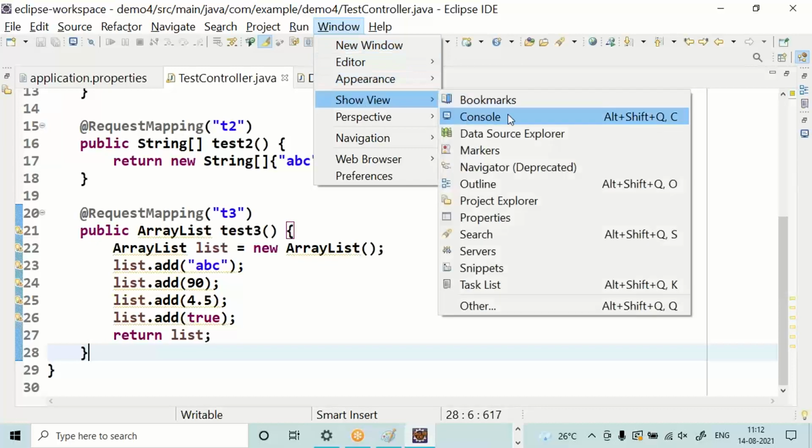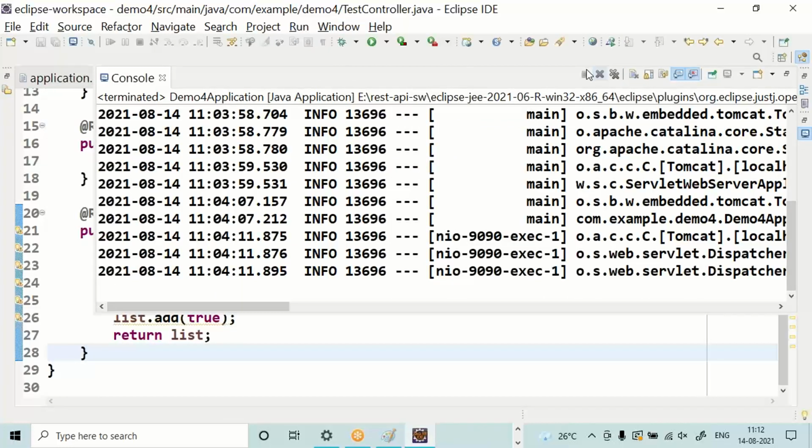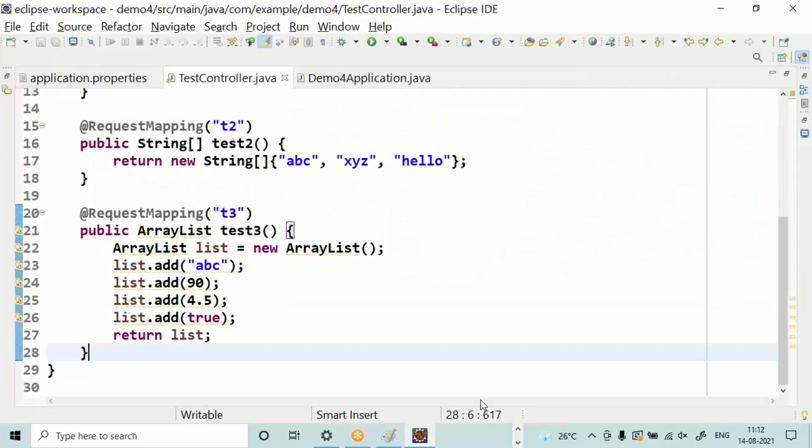Go to console, stop the application. It's already stopped. Run the application, control F11.